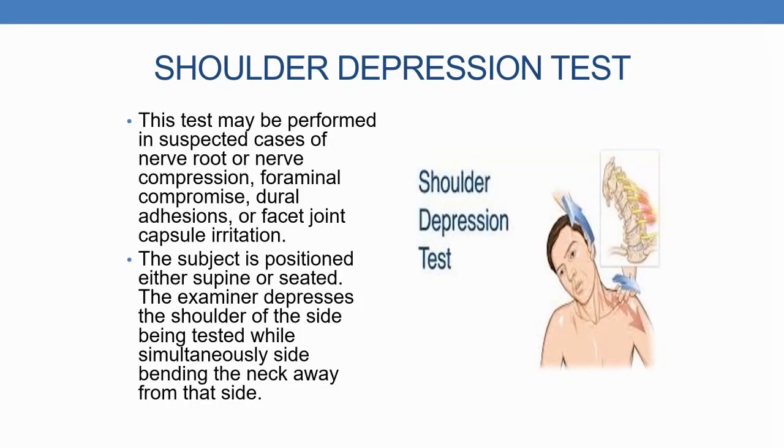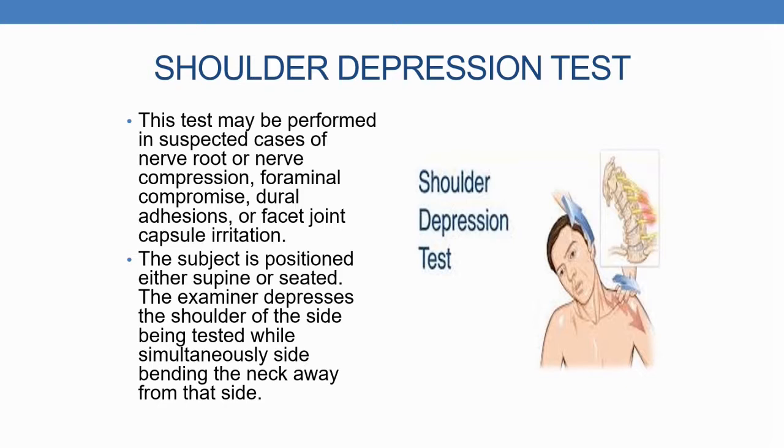Now, what about the shoulder depressor test? This is another valuable root tension sign. And the shoulder depressor test is performed in suspected cases of nerve root or nerve compression due to foraminal compromise, dural adhesions, or even in cases of facet capsule irritation. Now, to perform the shoulder depressor test, and for those of you that have the PowerPoint presentation here, I have a diagram that shows the